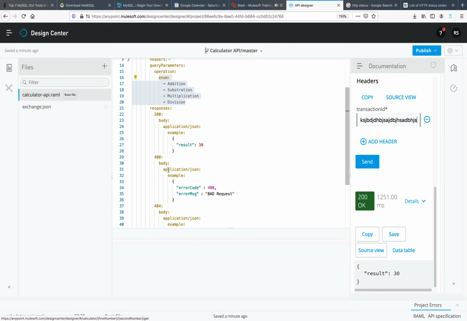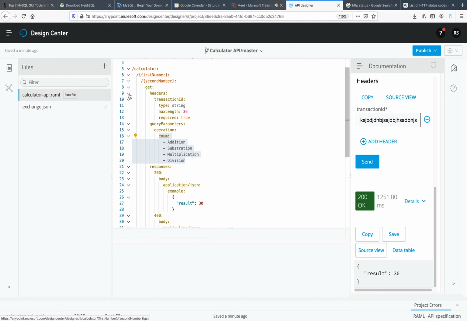I think we used 36 as a max length. We haven't defined any minimum length, so up to 36 it will take. See, after 36 characters it's not taking. So the maximum length we have defined is 36, and it will take a maximum of 36 characters. Now if I keep entering, it's not taking, so let me click on OK. So we are getting success.